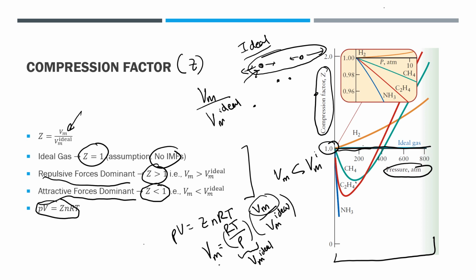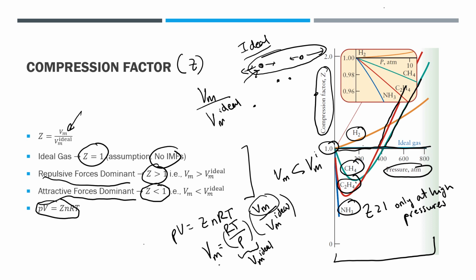So let's look at most gases have Z greater than 1 only at high pressures. So now we're going to look at the case where we actually have real gases, which is hydrogen, methane, C2H4, ammonia, all of these sort of actual gases. And you can see that when we look at the graphs, right, most of these graphs are only passing Z equals 1, right, becoming bigger than that, at these sort of really high pressures.